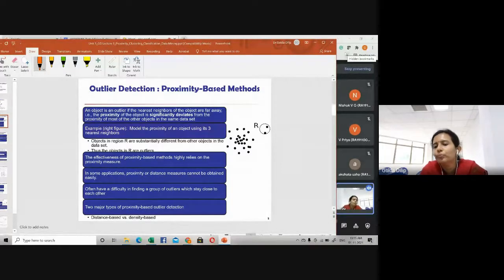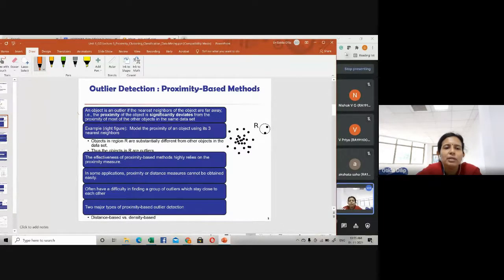By now all of you very much know that when you say outlier, that's nothing but a data point or a data object that deviates significantly from the rest of the objects. It will be like it is being generated by some other exceptional mechanism, and it will behave in such a manner. We had seen the various parametric and non-parametric methods for detecting outliers. Today in class we will see the proximity based methods.